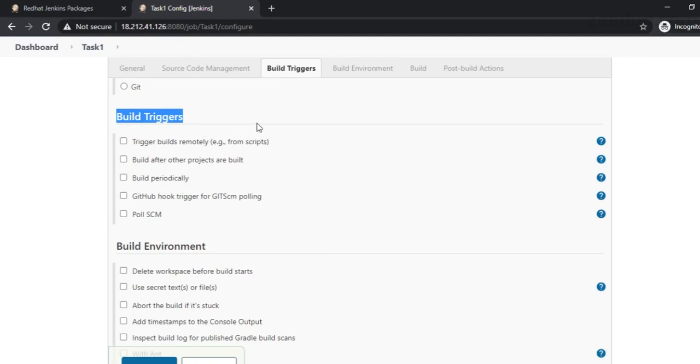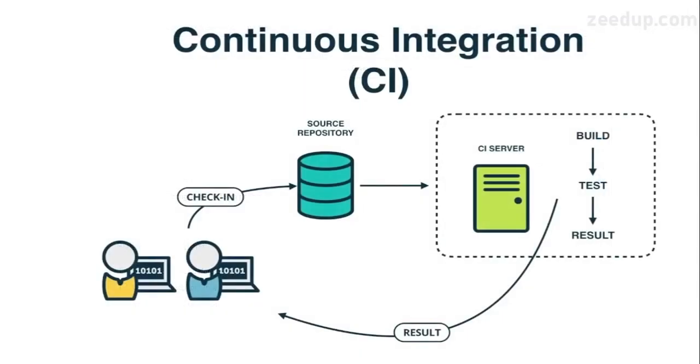Now a build trigger, you can understand by the word trigger itself, is used to start something. As yesterday we discussed the continuous integration part, we talked a lot about this build part.